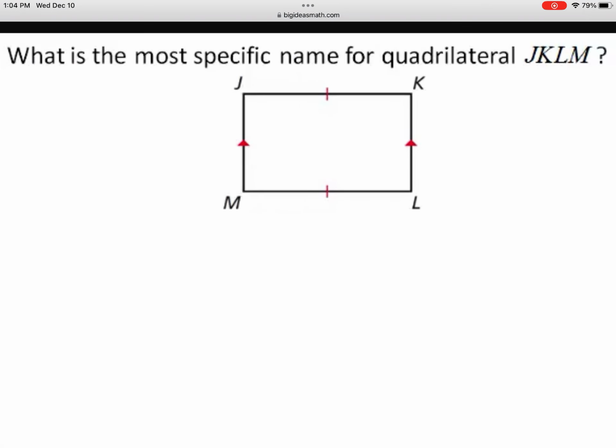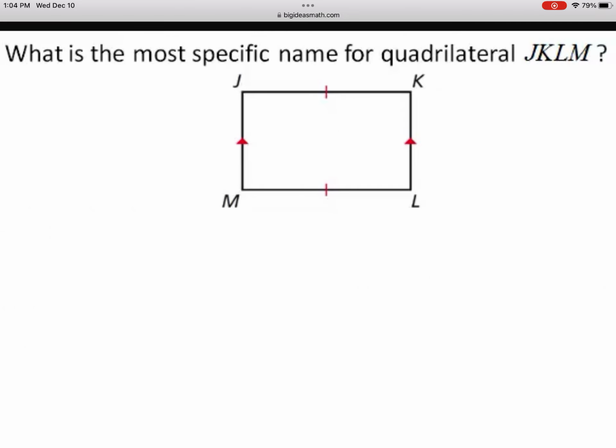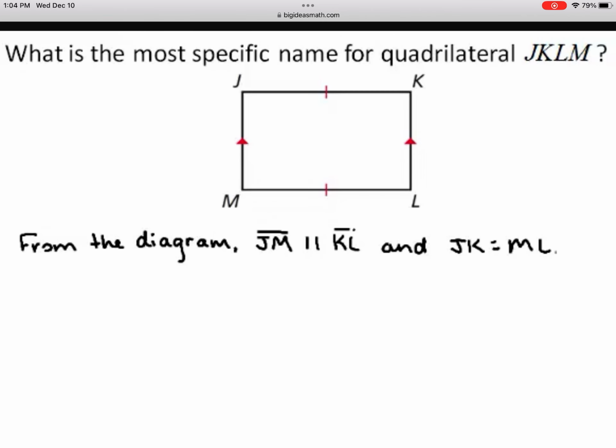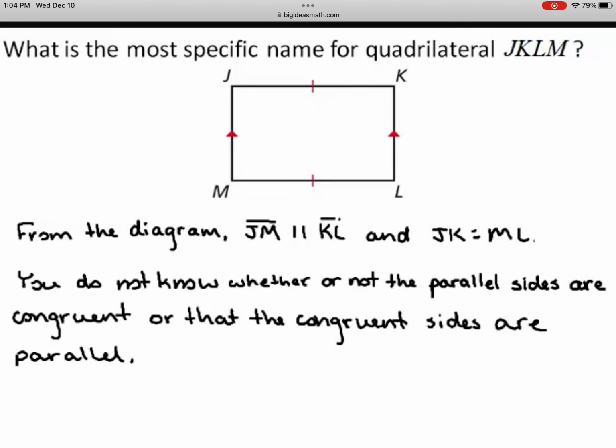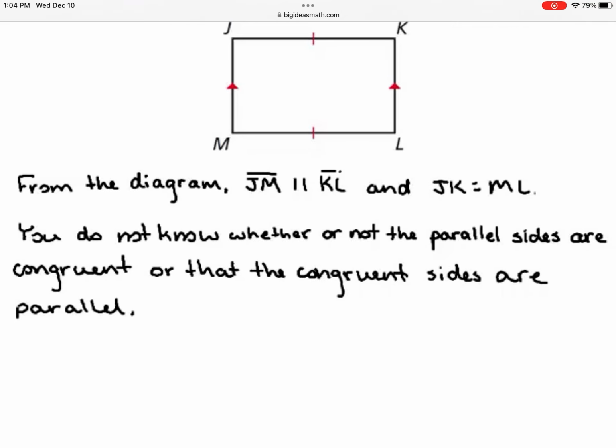What is the most specific name for quadrilateral JKLM? From the diagram, line segment JM is parallel to line segment KL and JK equals ML. You do not know whether or not the parallel sides are congruent or that the congruent sides are parallel. To classify the quadrilateral as a parallelogram, the parallel sides must be congruent or the congruent sides must be parallel. Because you do not know this information, you cannot call the quadrilateral a parallelogram, which means that this quadrilateral cannot